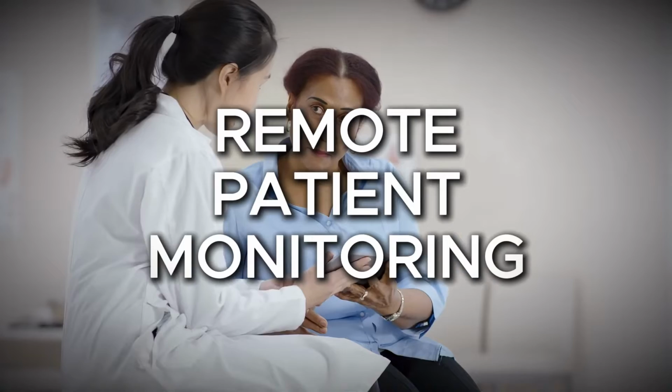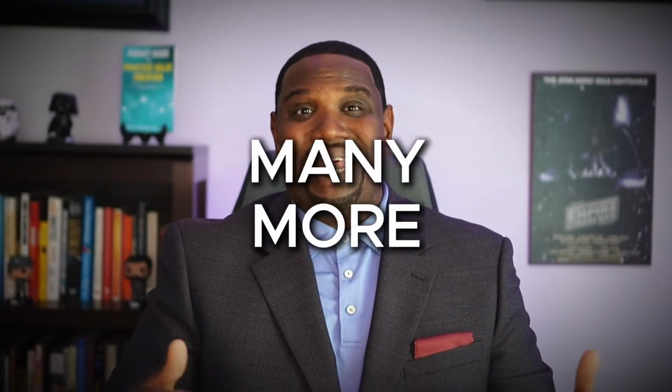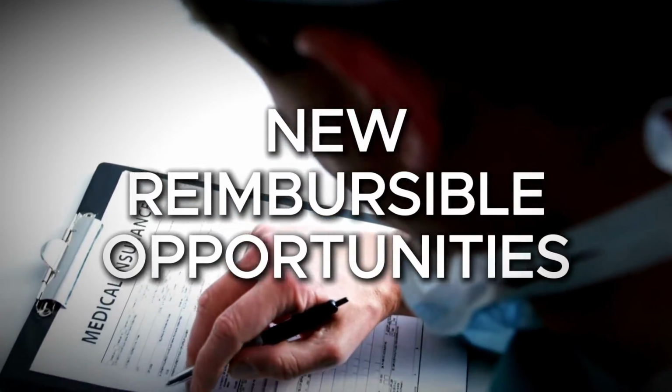You have to understand these programs in depth. You may be aware of programs like remote patient monitoring, chronic care management, remote therapeutic monitoring. We'll get into all those in a second, but there are so many more that they just introduced. One's around helping patients navigate a new cancer diagnosis, one to help train caregivers. There's even one to help understand what is going on with the patient from a pain standpoint. All these different new reimbursable opportunities are there for you to grab, but you need to do a deep dive